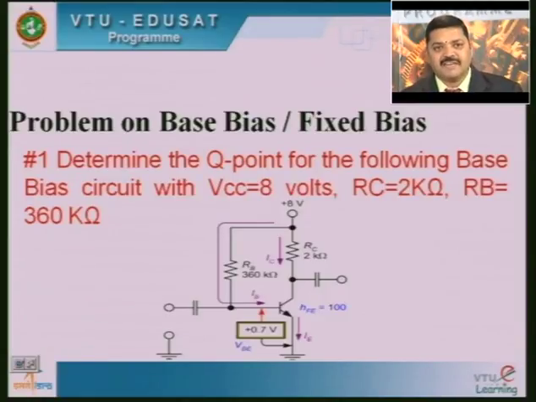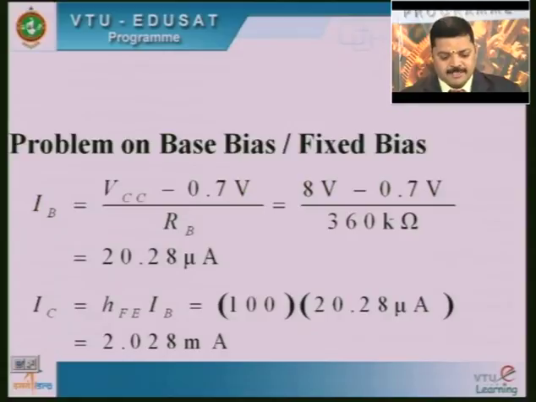Suppose VBE is not given in the problem, we can always assume a silicon transistor, therefore VBE can be taken as 0.7 volts. So, let us move with this. As we know, IB is given by VCC minus VBE divided by RB. Substituting the values, 8 volts minus 0.7 volts divided by 360 kilo ohms gives us 20.28 microamps. IB will usually be in microamps, a very small value. So, IB is equal to 20.28